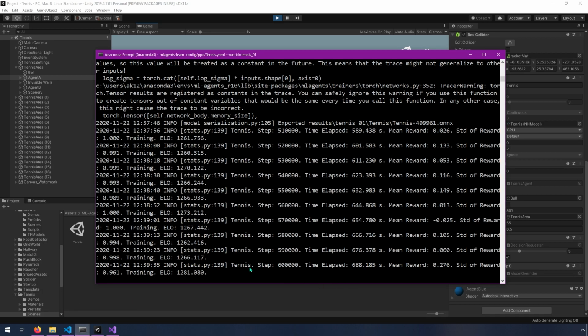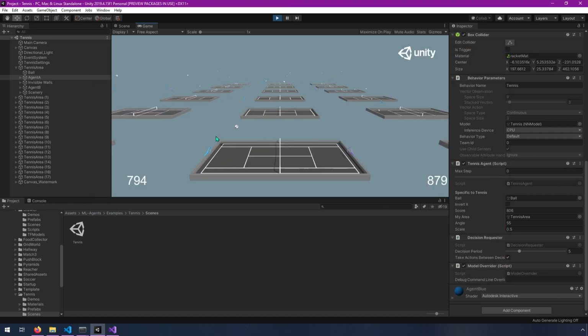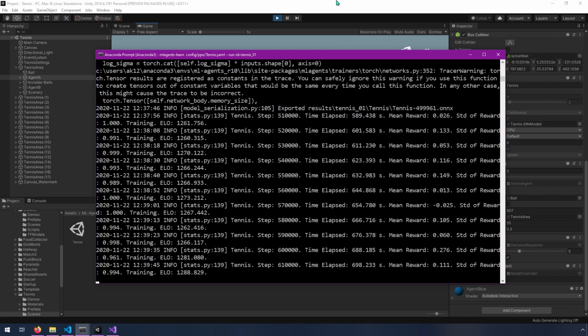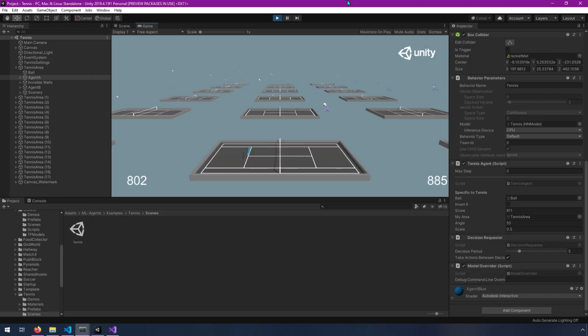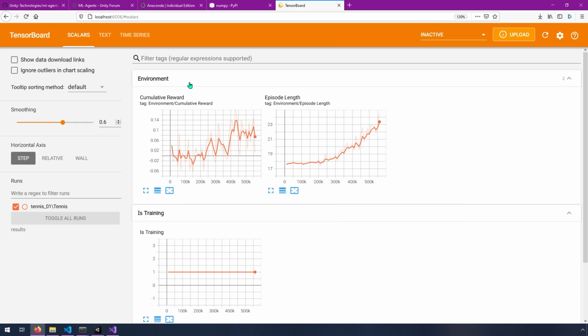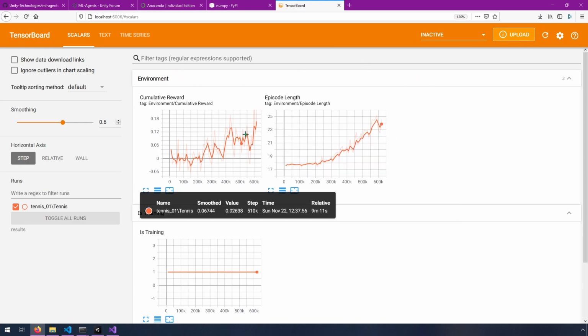I do want to mention one thing. If you accidentally click in here while it's training, it kind of messes up. So if that happens, hit enter and it will resume training again. So that's just a quirk of the command line that has caught me many times, and I always think it's worth mentioning. So what we'll do is we'll just let this keep on training and see how well it does